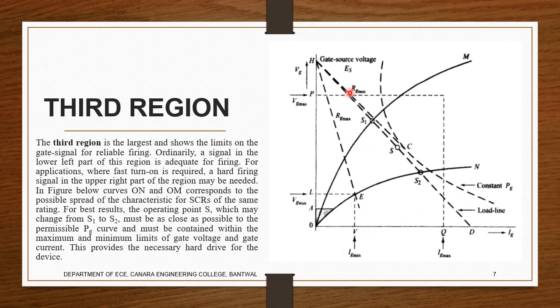Here, everything belongs to the third region. You can see OM and ON. Once the voltages and currents are given in that region, it can start and it gets hard triggering. It can start the triggering with immediate effect. But when you want to work any of the devices, you have to look for the maximum efficient point, which we usually call the Q point.